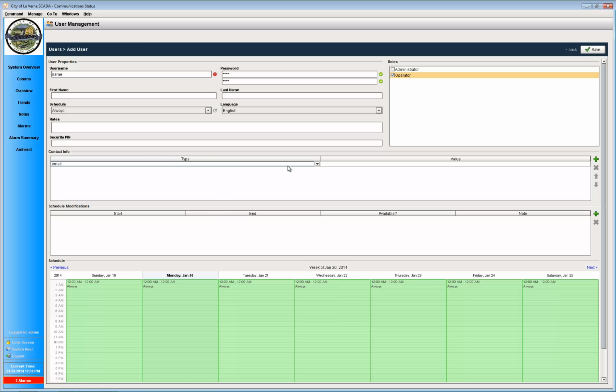This is where you would set the preference for how that operator prefers to receive alarm messages, whether it be email, phone, or SMS. You would set that here and then enter the value. And then any